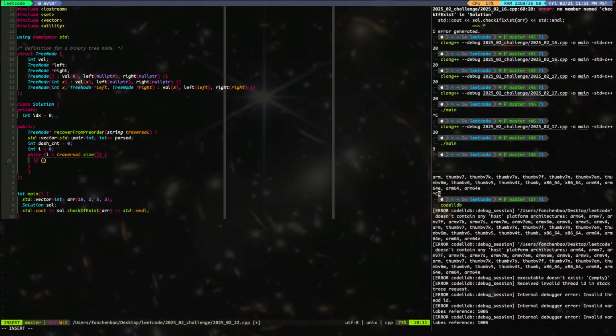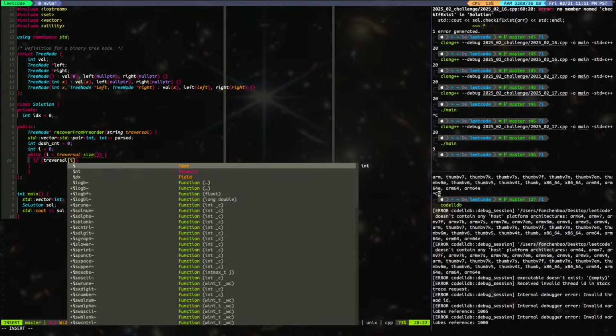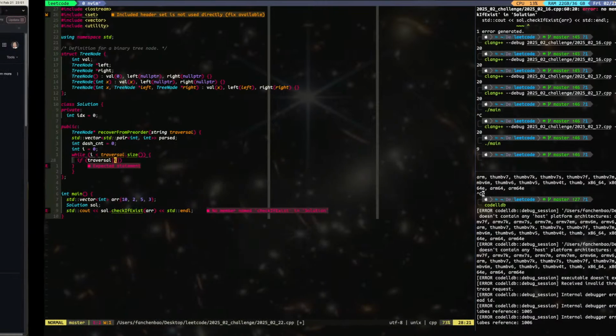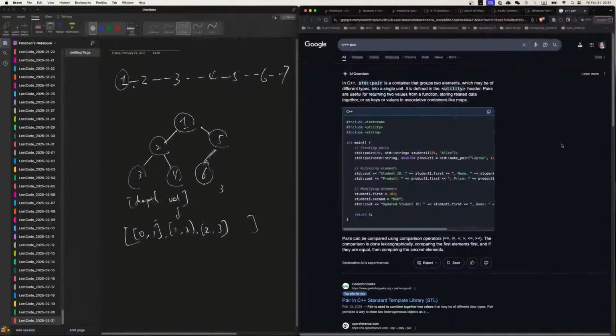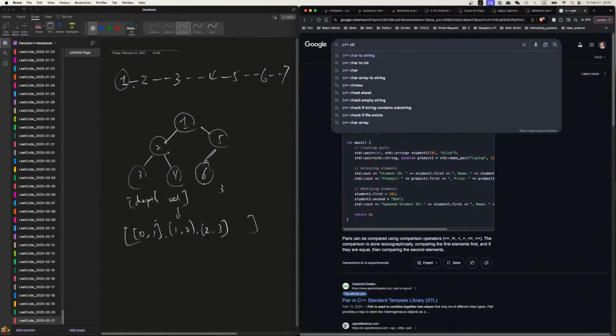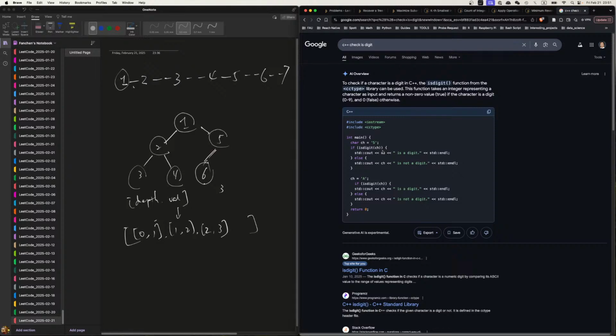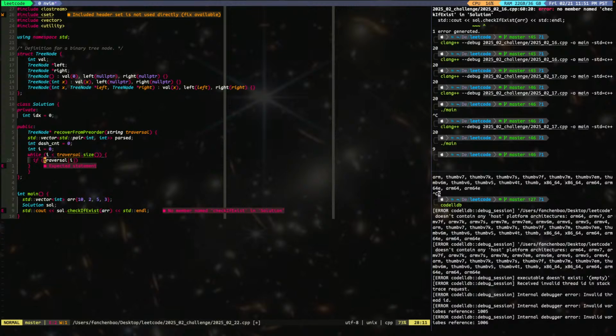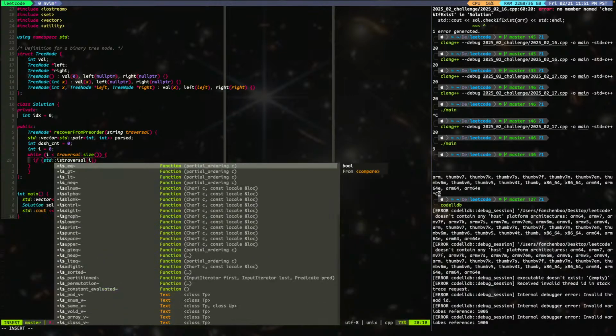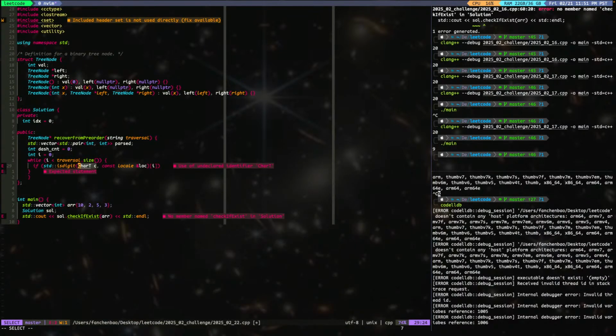If, okay, how to check? Is digit. Is there a function called isdigit? Isdigit. Yep. std isdigit. Oh, what do you see, type? Yep, cctype. So isdigit